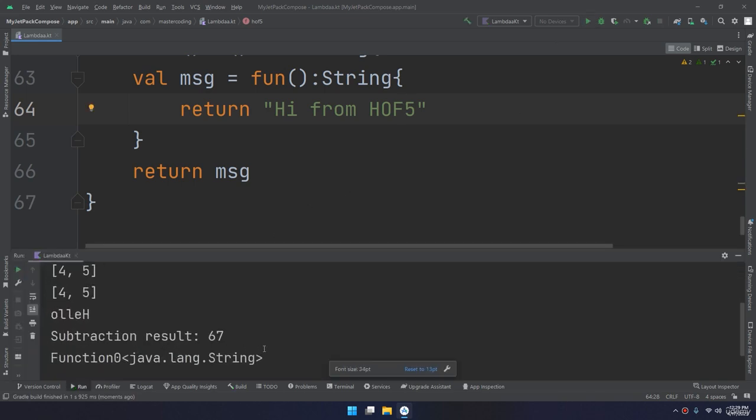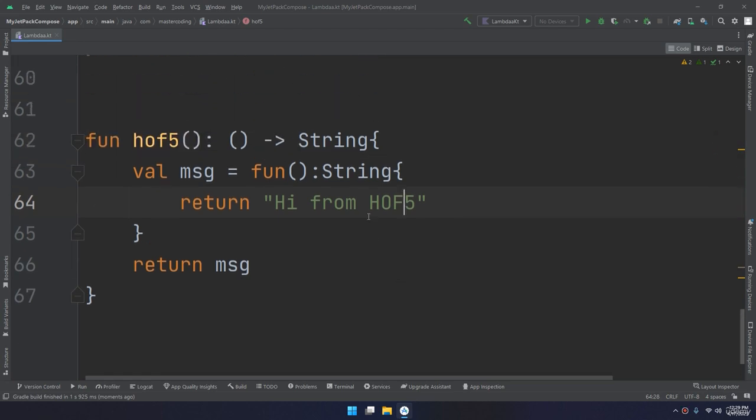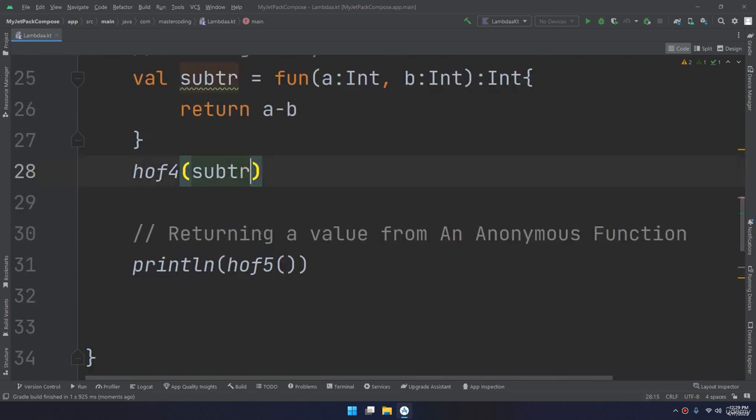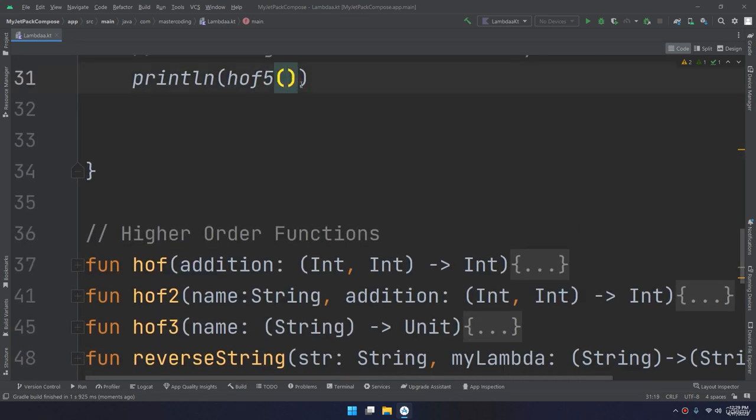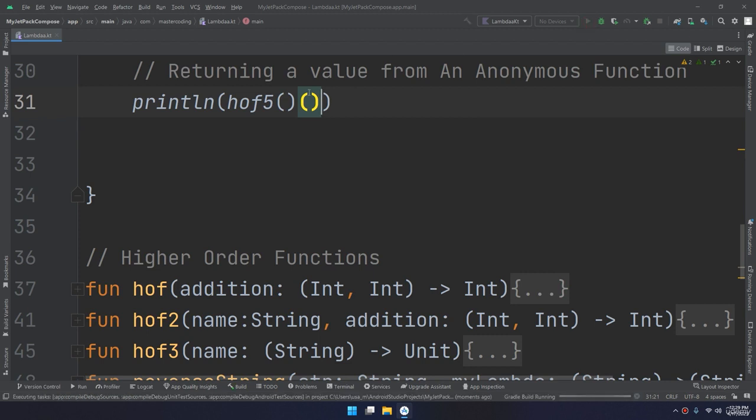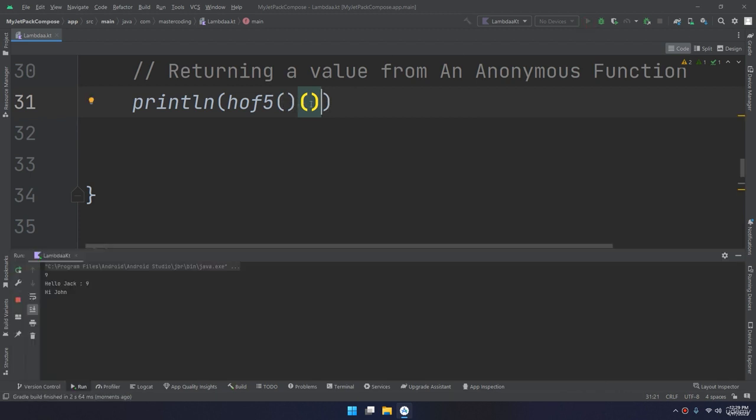And you can see there is an error. Let me see. I didn't call this inside function, so I called this function only. Let me go up, HOF, I need to call this also. So you can see there are two